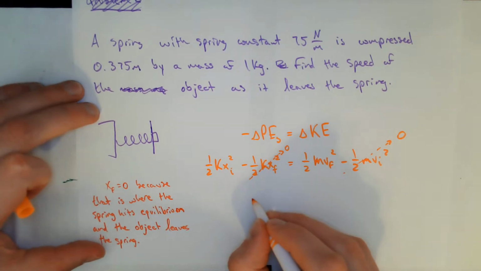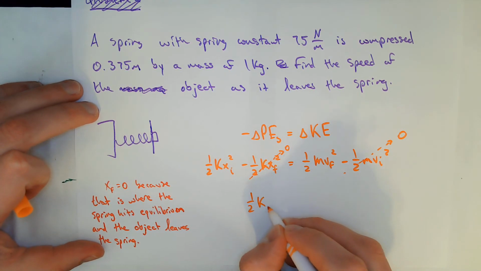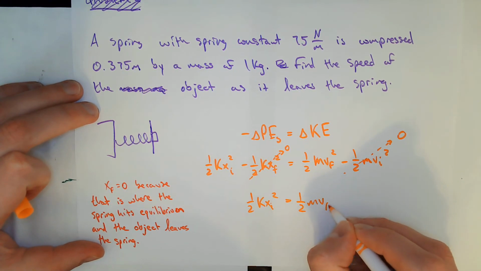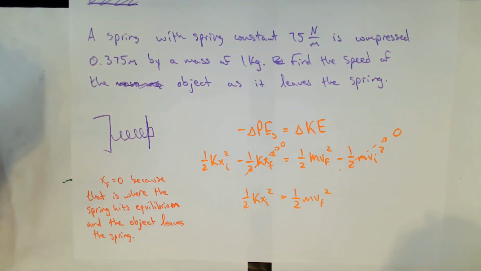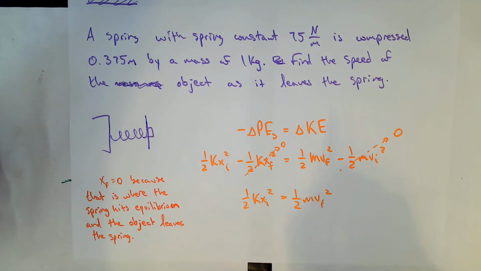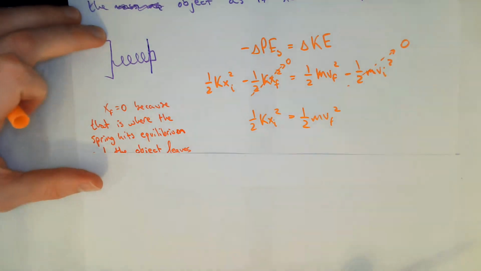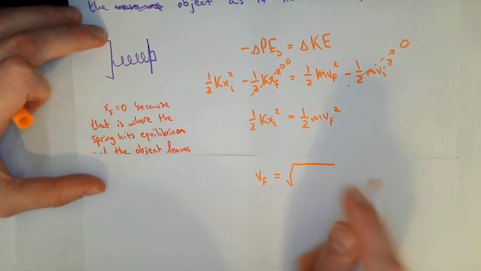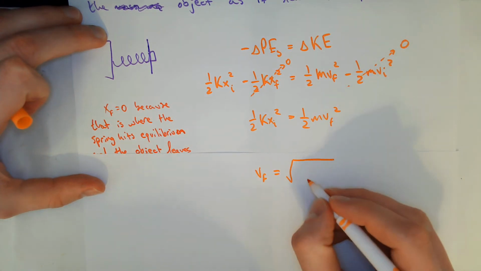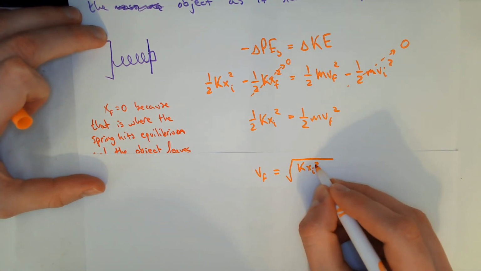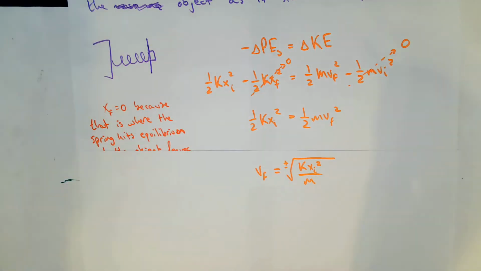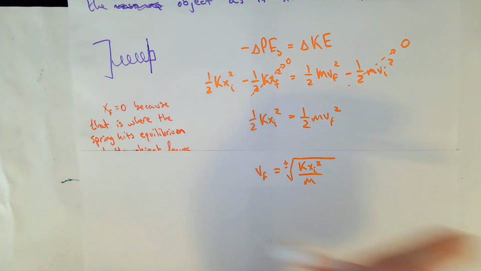So what we end up having here is 1/2 kx initial squared equals 1/2 mv final squared. Now this is a problem where mass does matter. Mass does not divide out, right? If I solve for v final, I have a square root. Now the 1/2s go away, that's nice. So I have kx initial squared divided by mass under a square root, which is plus or minus. It'll be positive though, because the object is going